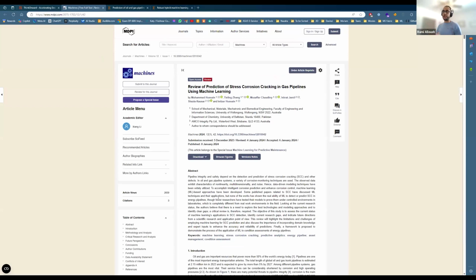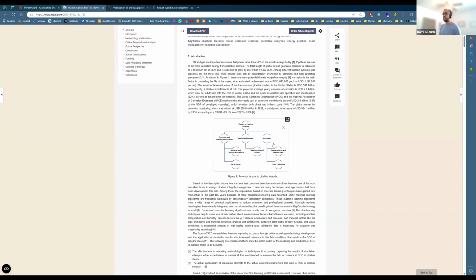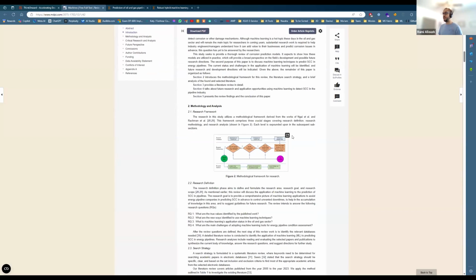These are scientific papers, but in the scientific paper world, when we say something is a review paper, it means that it doesn't have something new in itself, but it covers everything, or as much as whoever wrote the paper can cover, about people who did stuff. So this paper is very good. Like if you ask a question, what did people do when it comes to utilizing machine learning in gas pipelines, corrosion and cracking and failure, you can just come to this paper, right? Because this paper, what it does,